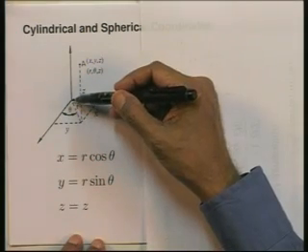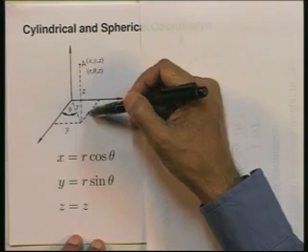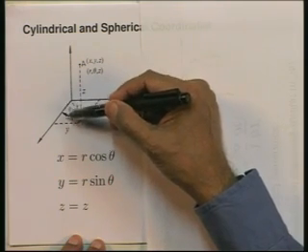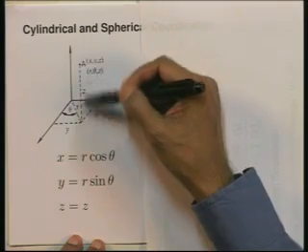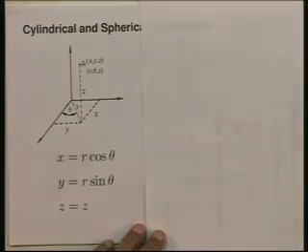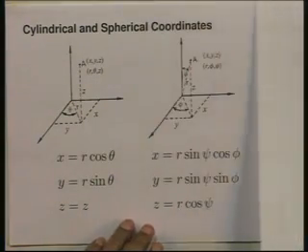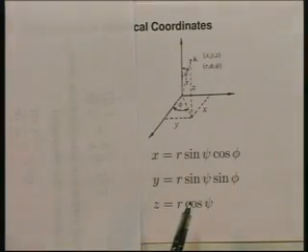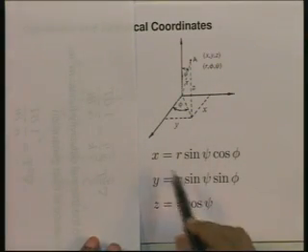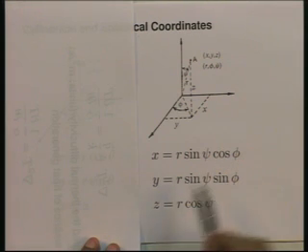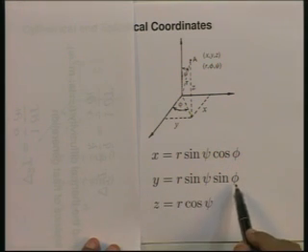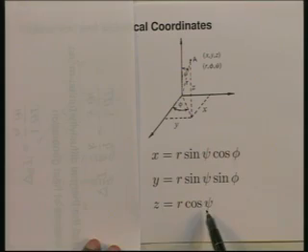R is the distance in the radial direction in the xy plane, theta is the angle in the xy plane, and z is the same z as in the Cartesian coordinate system. On the other hand, if I have a spherical coordinate system, I have the transformation x equal to r sin psi cosine phi, y equal to r sin psi sin phi, and z equal to r cosine psi,